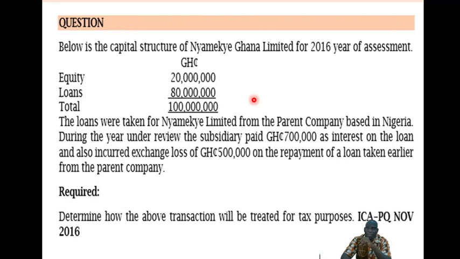So in this particular question, you were asked to determine how the above transaction will be treated for tax purposes. So you look at 4:1. You first put down the current existing structure, and then you also go and do the cap one. Now, what it means is that if it is 4:1 and the interest that Nyamiche is supposed to pay is 700,000, the question is, should all the 700,000 be allowed? No. We will only allow its relation in terms of 3 times the amount of the equity.